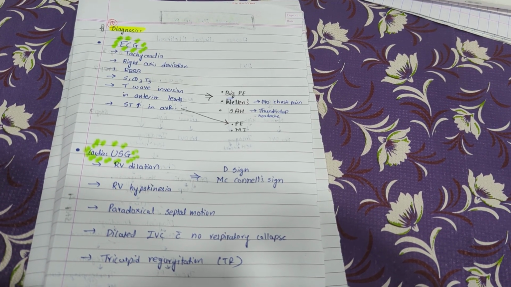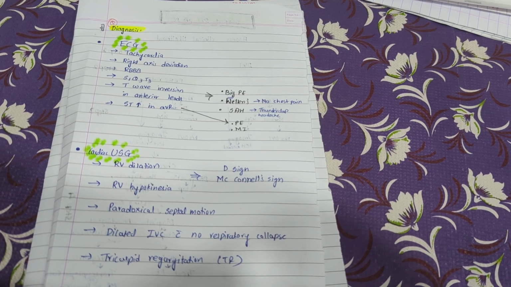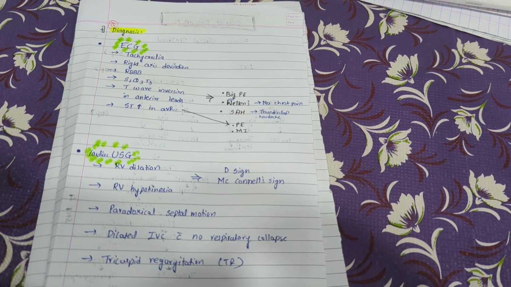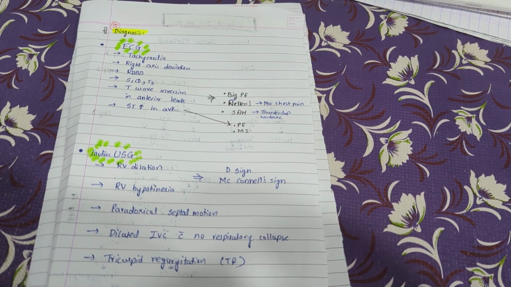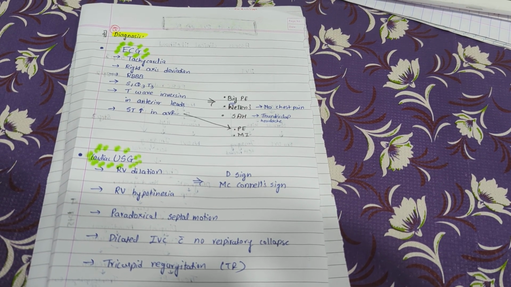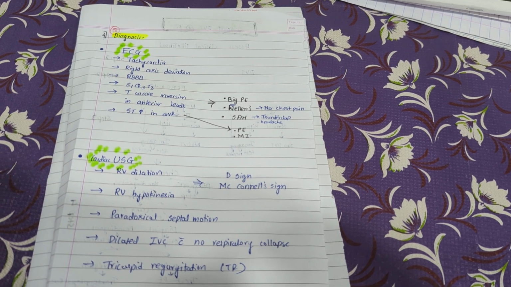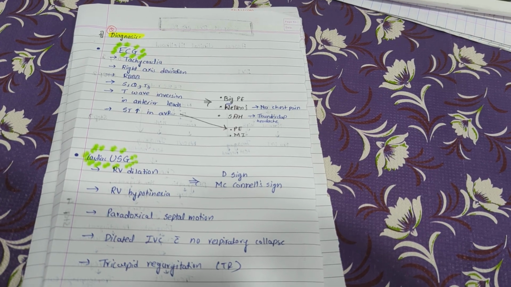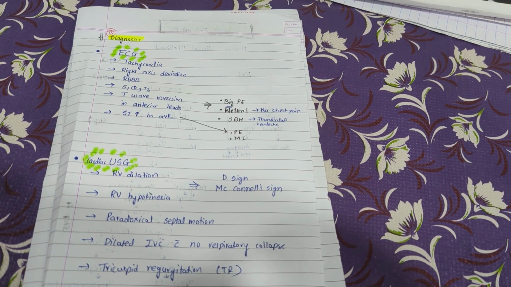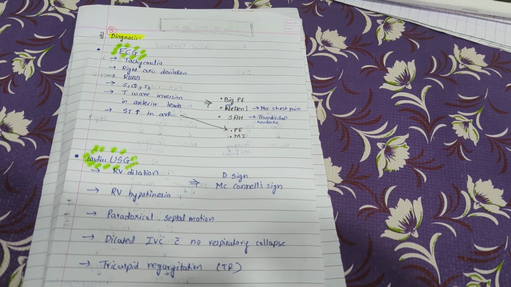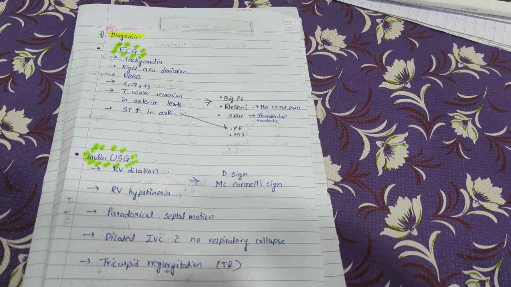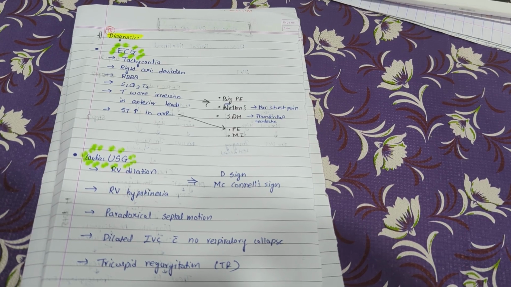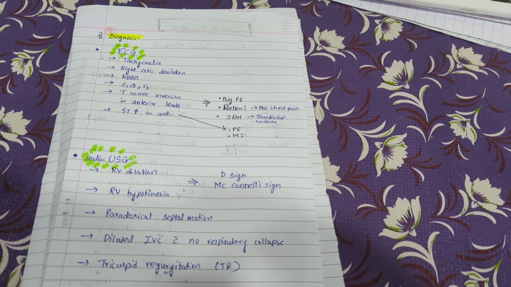Other differentials are Wellens or SAH, that is subarachnoid hemorrhage. If it is Wellens, the patient doesn't have an active history of chest pain. If it is SAH, usually the history is of thunderclap headache or difference in size of the pupils. So you tell the patient has PE if Wellens and SAH are ruled out. Other thing on ECG is ST elevation in aVR, but ST elevation is also seen in MI. So you need to take a proper history to rule out MI and then conclude the patient has PE.